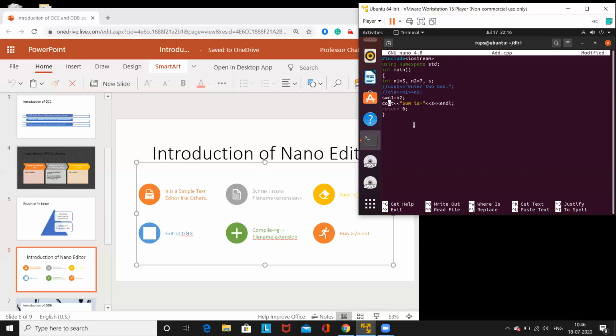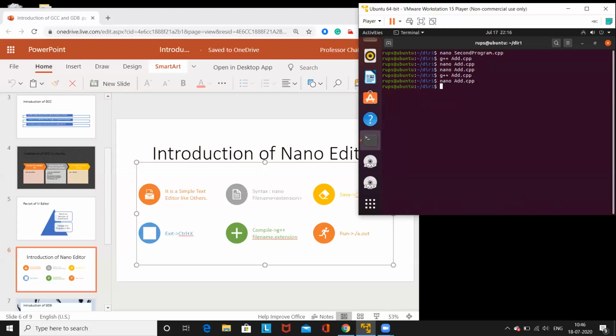So now Control O, Control X, yes, Control X. So it gets compiled. Sum is 12.